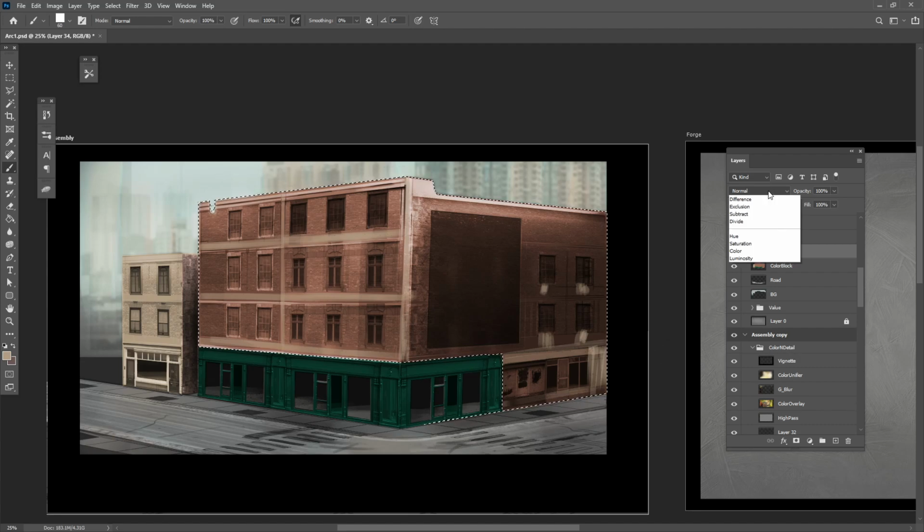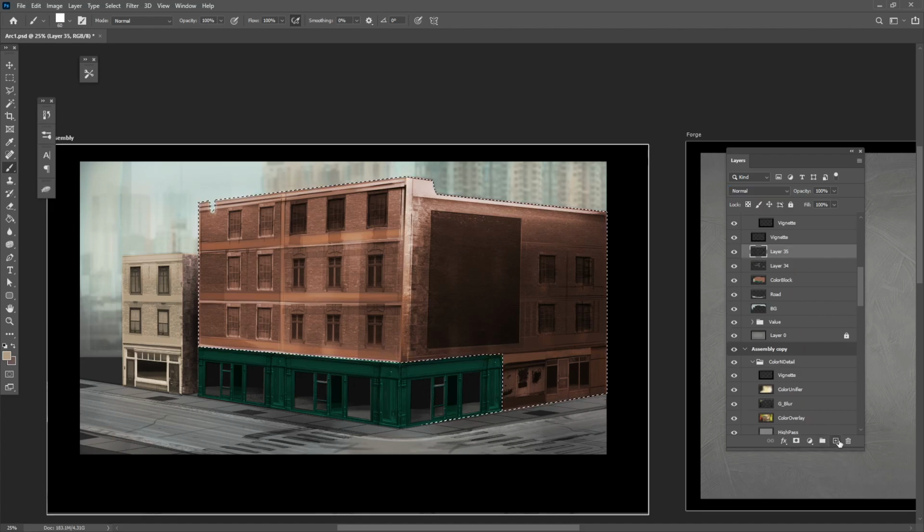That might look pretty cruddy, but I can set it to overlay. And now I'm starting to see a little bit more color in the building. Right, if I want to make a new layer, instead of using my stylus, I'll use my mouse. I can start to click, hold shift down, left click, hold shift down, left click. I can start to add in some of these details. Now on this layer, I'm not doing an overlay or anything. I'm just painting,